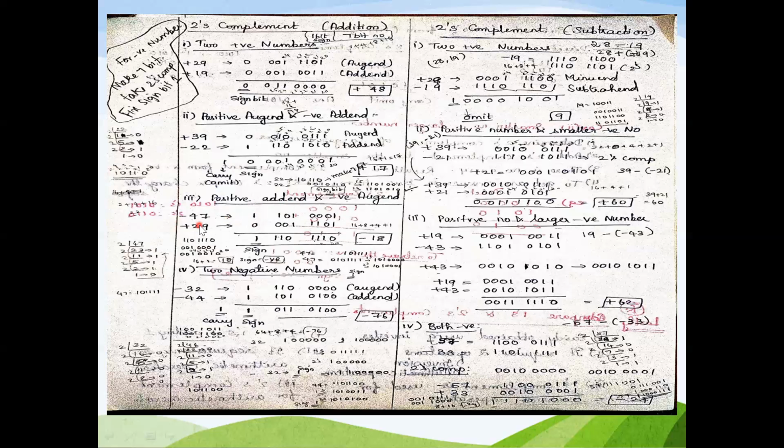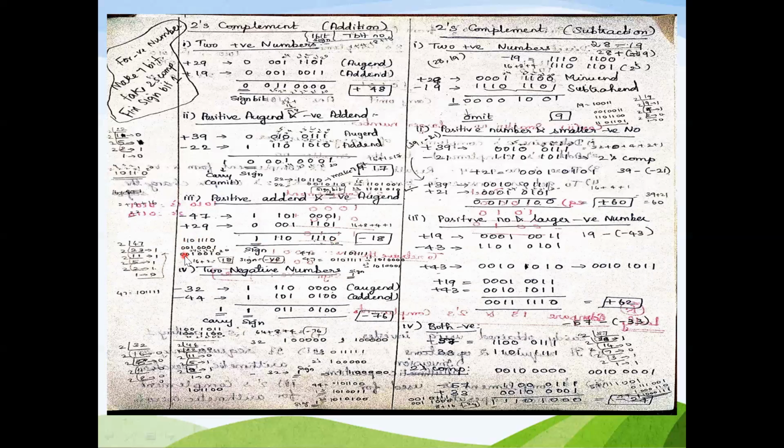Okay, plus 29, no issues. Usual procedure, sign bit is set to 0. You will represent it as plus 29. Add all those numbers, and you get the sign bit as 1. So what does it mean when the sign bit 1 comes? Once again you want to take the 2's complement and you want to have the negative sign. So here the answer is 1101110. So you see here 1101110 is the answer. I got it. I want to take 2's complement once again.